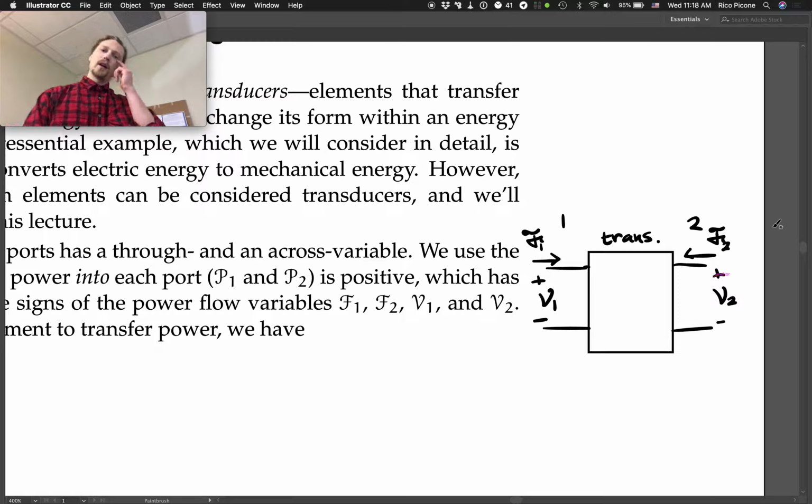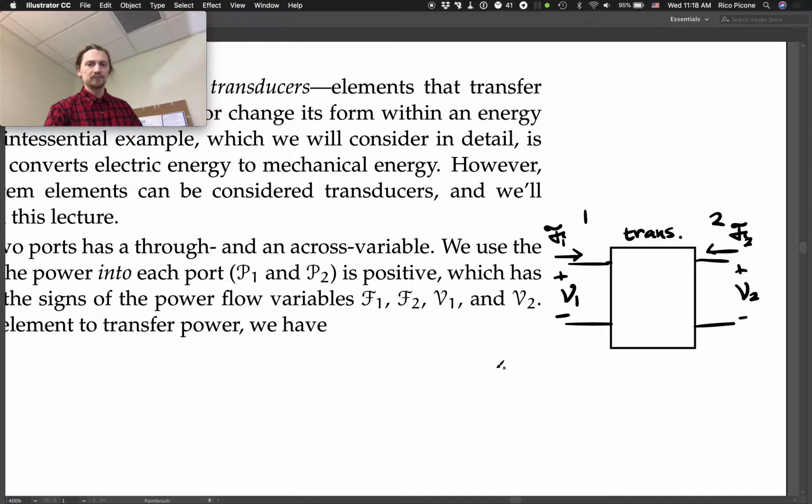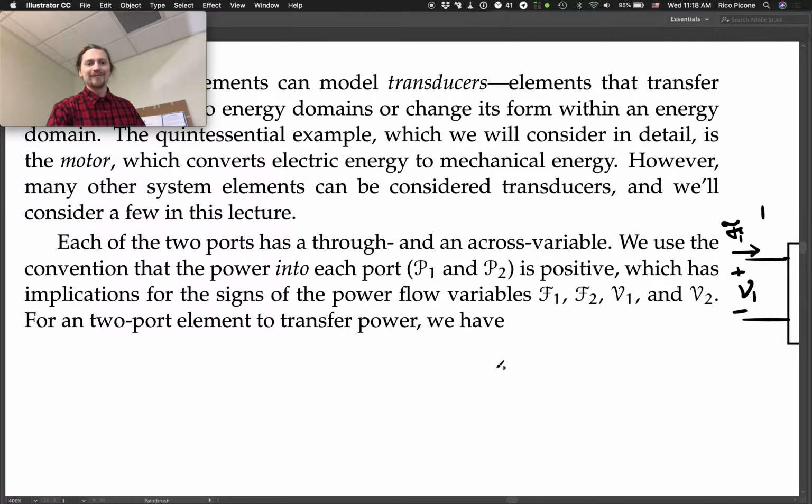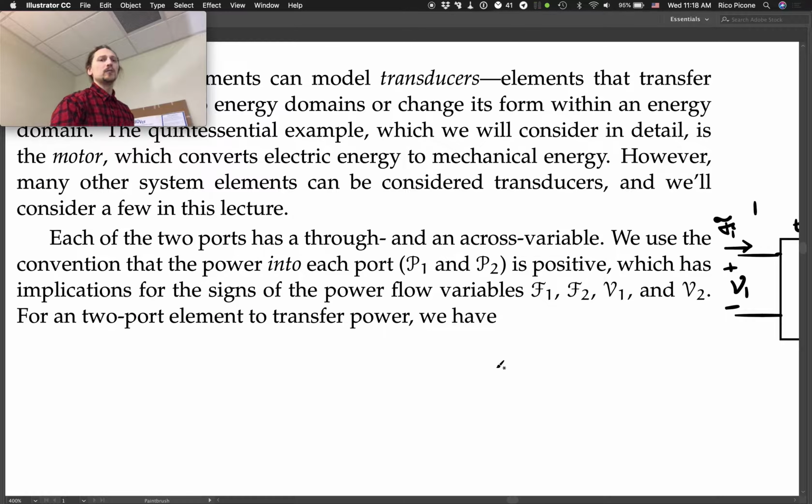Okay, so an across variable on each side and a through variable on each side. We use the convention that the power into each port, so the power being P1 into port 1 and P2 into port 2, is positive,